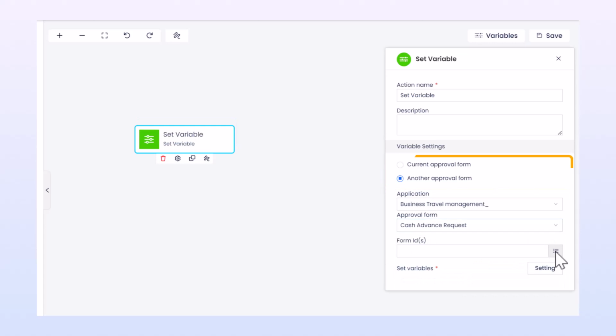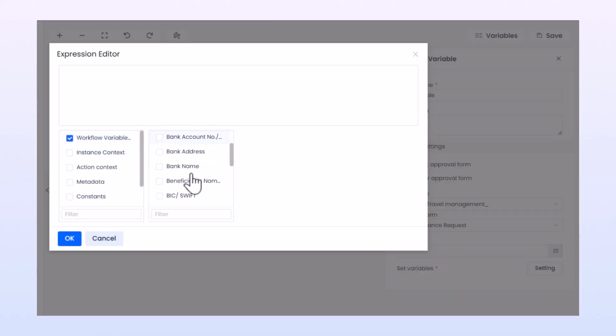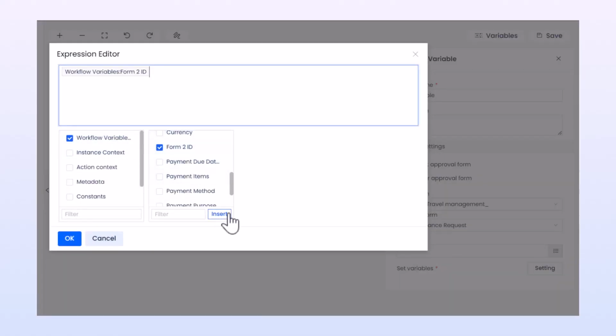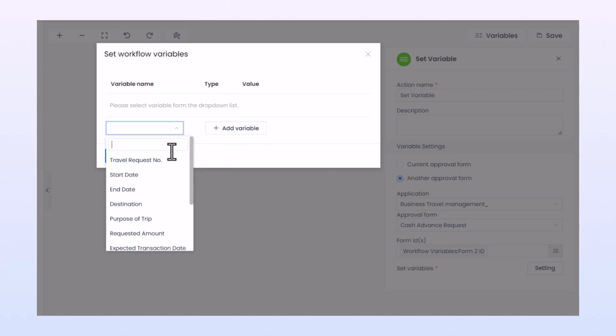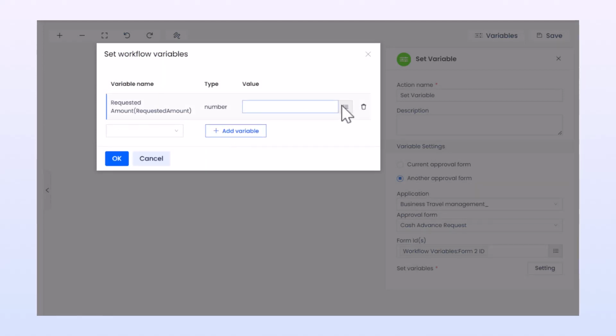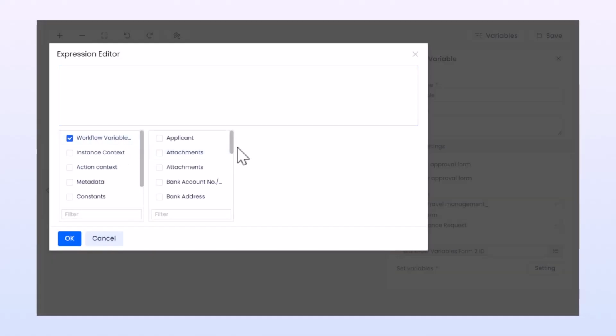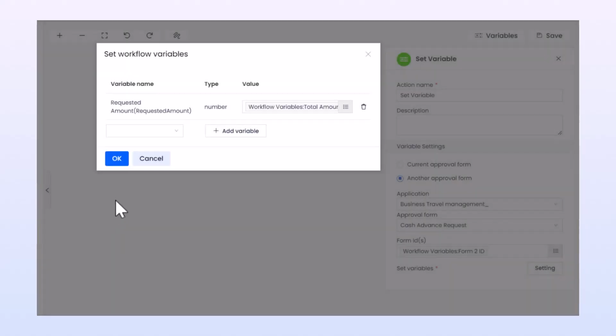Selecting Other Approval Forms activates an additional step, prompting the need to specify the target form using the form ID. After that, click Settings to open the pop-up window, select the variable from the drop-down list and click Add. To add it to the row, click the icon from the right to open the expression editor. Here you can set the value as either static or dynamic, offering unparalleled flexibility and precision in how you manage